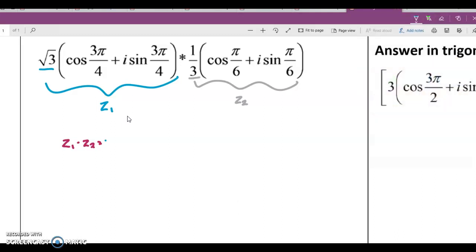So we take root 3 times 1/3, and then we multiply that whole thing. We take the cosine of our angles, and remember our angles add. So this is our first angle, 3 pi over 4, plus our second angle, pi over 6,